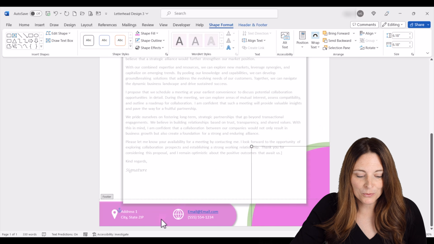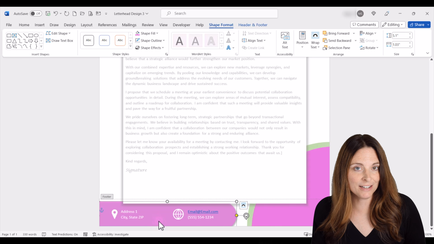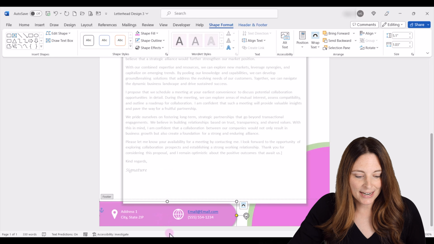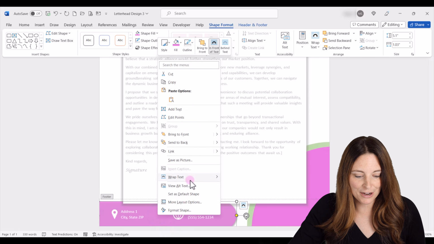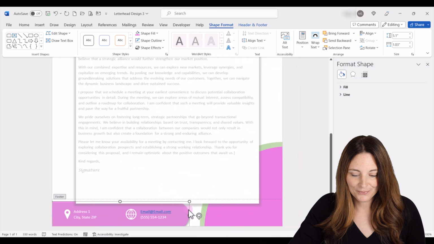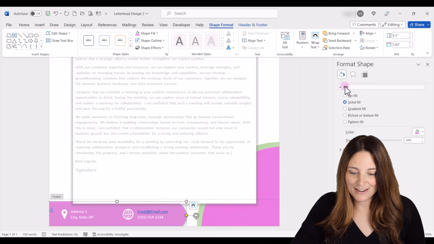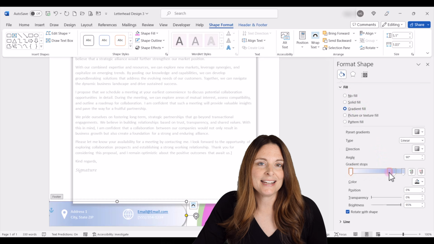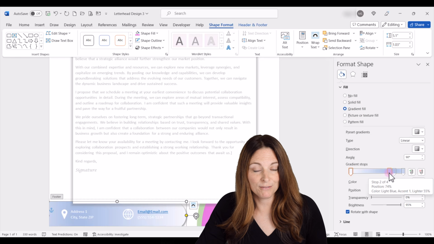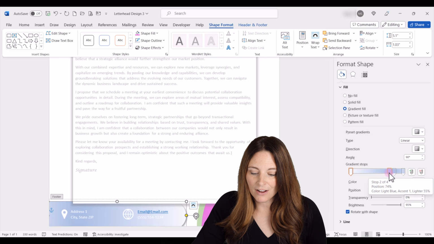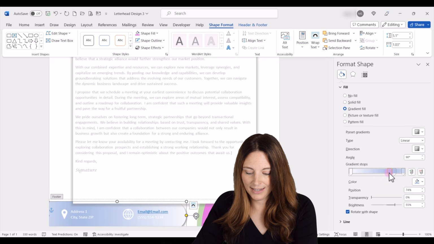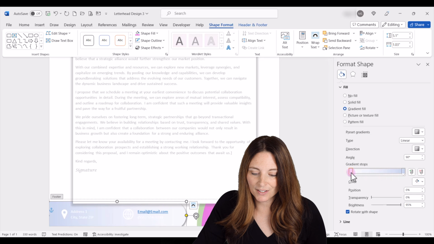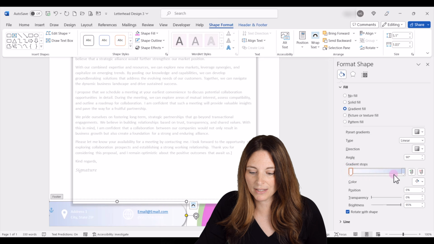So now what I want to show you real quick is how we can do a gradient fill using different colors. So I'm going to select this element here, and I'm going to right click and click on Format Shape. And over here in the fill area, I'm going to click on Gradient Fill. Now notice I have different gradient stops here, and I just want to have 2. I want to blend a color, and all I have to do is select this and hit delete to delete the different gradients in the middle, and then I can select an actual color for both ends of the gradient